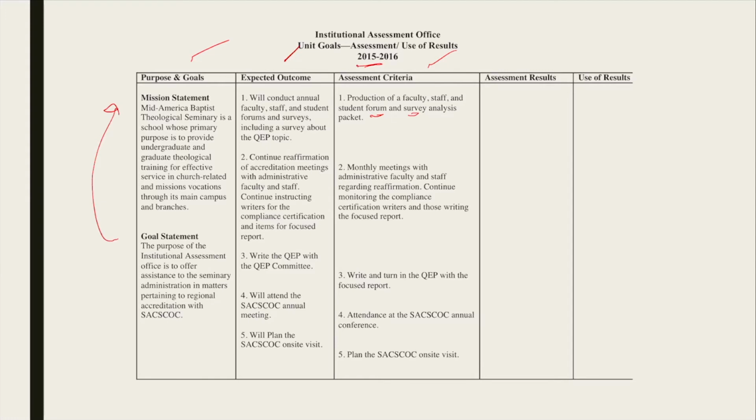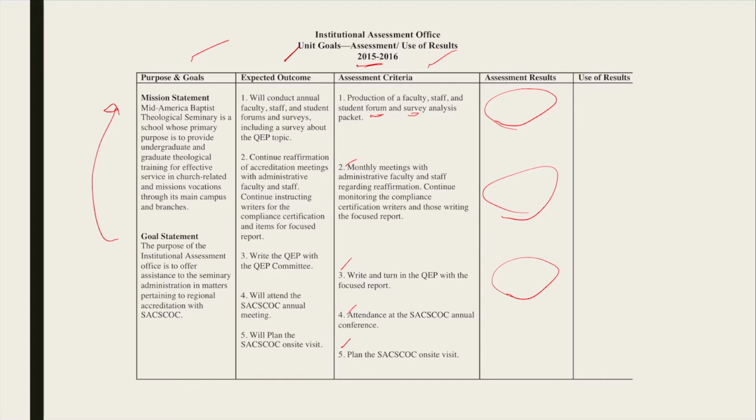Campus Life will conduct this, and when they have the results, you will get the results and see whether or not you are in line, or if you've reached your goal, exceeded your goal, or didn't make your goal. The results are written here for each area that you're looking at. So you have monthly meetings, write and turn in QEPs, attendance plan.